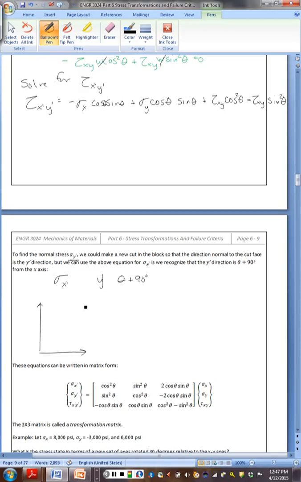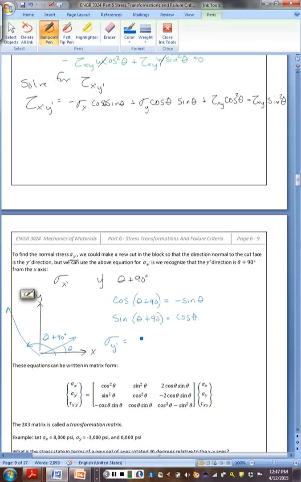So we have this situation where we have our x and our y coordinate system, and we look at our new coordinate system. If this is theta, then we know that this is theta plus 90 degrees, and we know that cosine of theta plus 90 degrees is minus sine. We know that sine of theta plus 90 degrees is cosine,